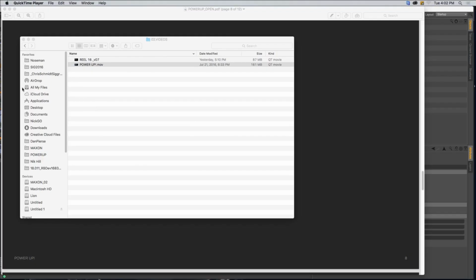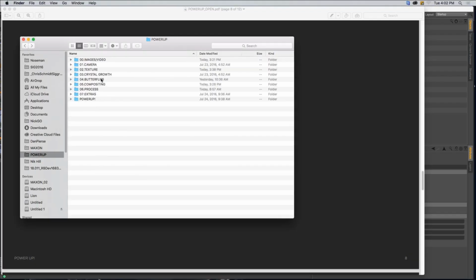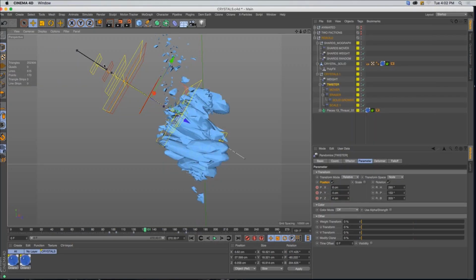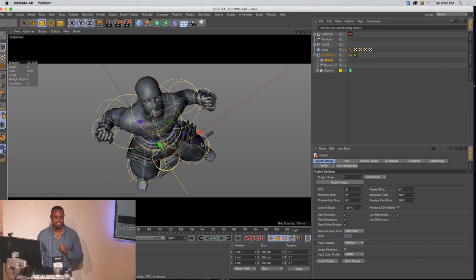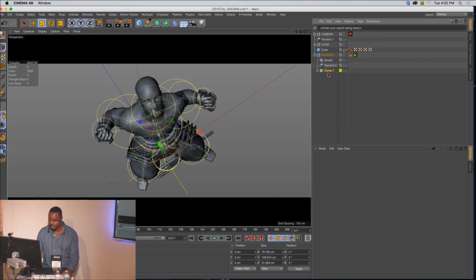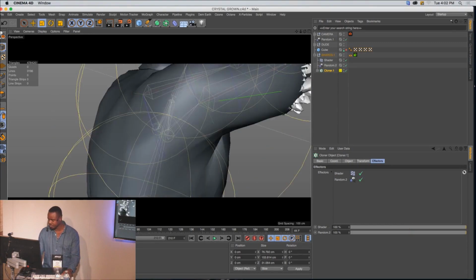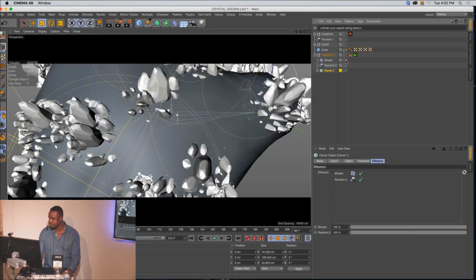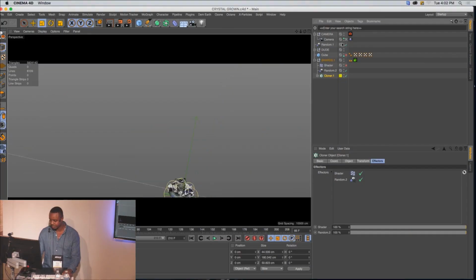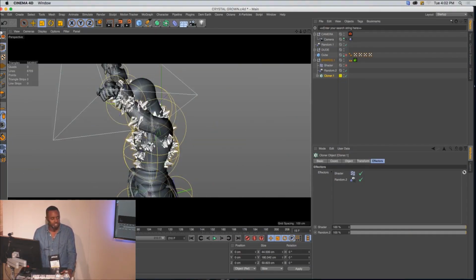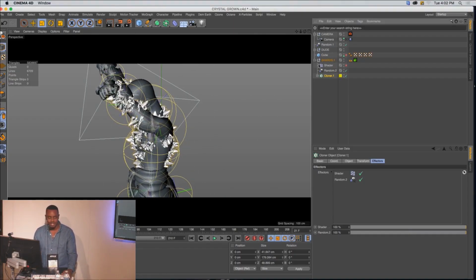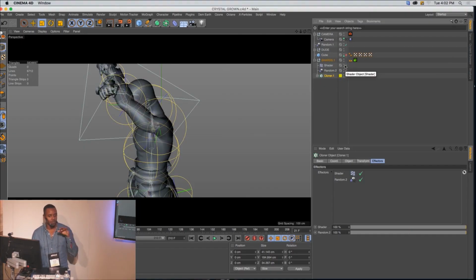And you're probably wondering, how are we doing this? One answer: we're actually using that very same texture that we created, and we're inputting it using a shader effector. So what we have here is a cloner that's cloning. Let's turn off the shader for a second. Let's jump out of the camera. All right. So what we have right now is just a cloner that's cloning these crystals onto his body. And then we can apply a shader effector to this cloner that tells that cloner when and where to grow